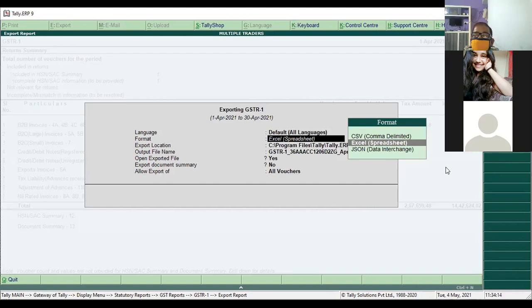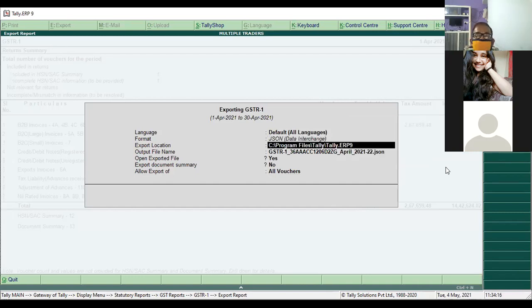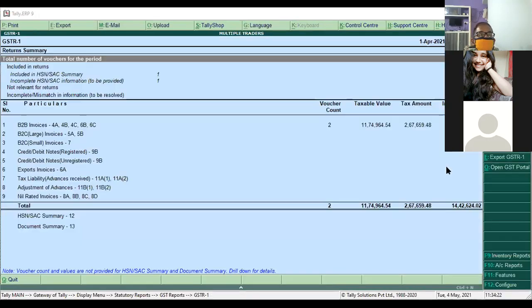So we select JSON data, is it there or not? Yes. If you say yes, it will save in the local disk. So that is not required for us. Suppose you want to import that, this is not required for us.